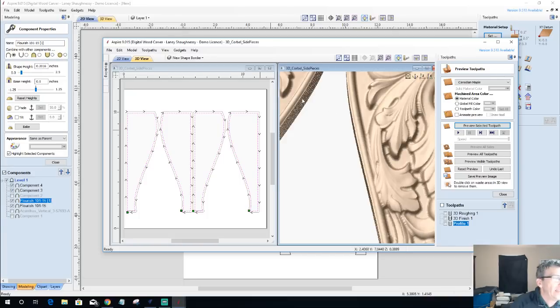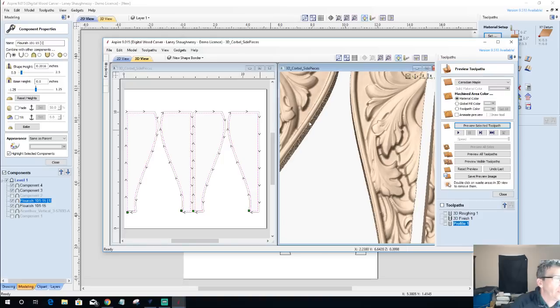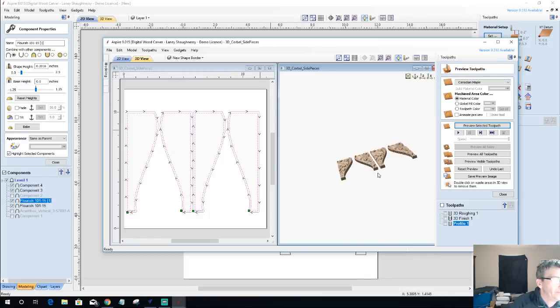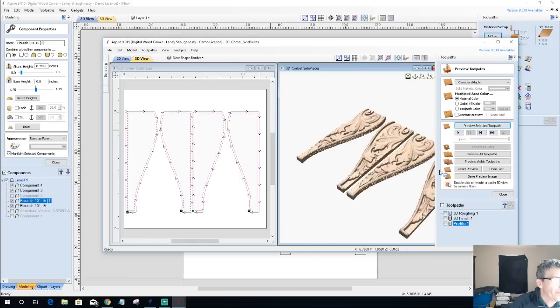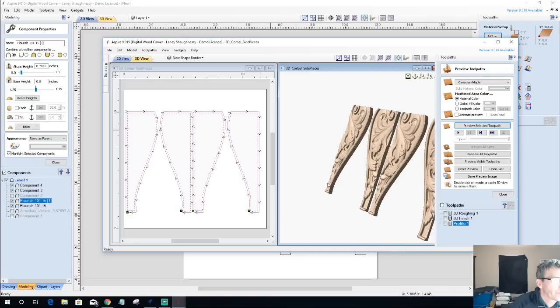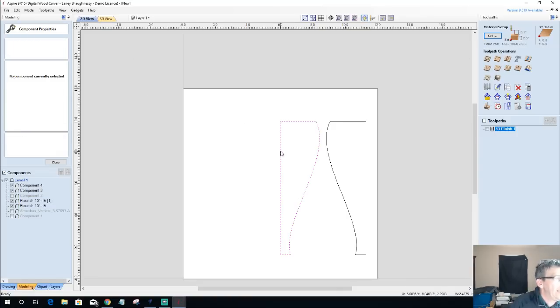Now, if I didn't want that lip from the get-go, then I could bring my profile cut inward a little bit to get rid of that lip. But for the most part, there's my side parts. Okay, my side pieces. And then back to our main design,